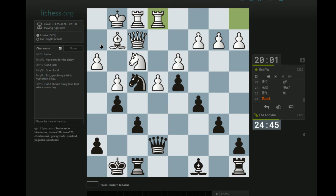But maybe I take here, and if he takes with a knight, I just lop this thing off, and I force him to deal with the bad bishop for the rest of the game. That actually feels pretty good, because h5, knight h2 takes, then he hasn't really improved his position at all. Anytime he goes back to the f3 square, then I get to take on g4, and his knight is very bad on the h2 square. But if I go h5, knight h2, takes, and he takes with a knight, then I lop this idiot off, take here, and then he's...